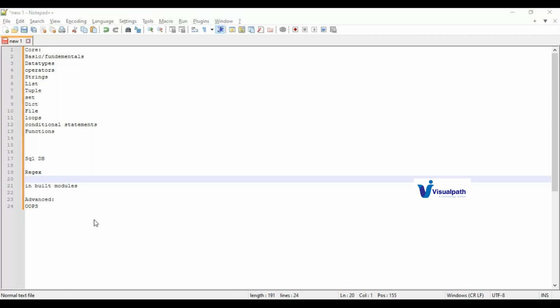After core Python, or before we complete core Python, I'll ask you to choose any one project. By that time I'll give some ideas, and you'll also be getting some ideas. So you can choose your own project and we can start working on that. It's not that I am going to explain each and everything in the project, but I'll be helping you.